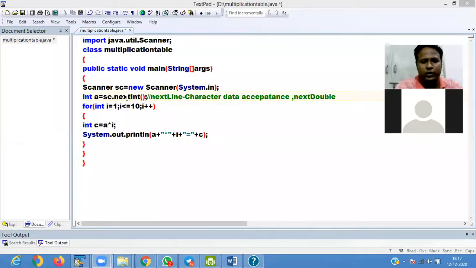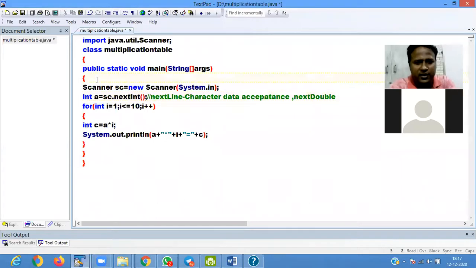Now I want to run the file here, multiplication table, Scanner, new Scanner, System.in. So first of all, it is display.